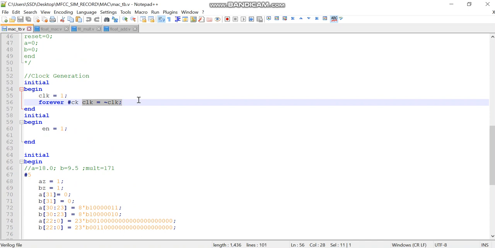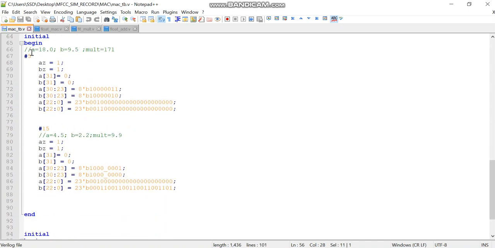So we get a pulse waveform wherein each clock width will be of 10, that is 10 time units of delay. So coming to the actual inputs,